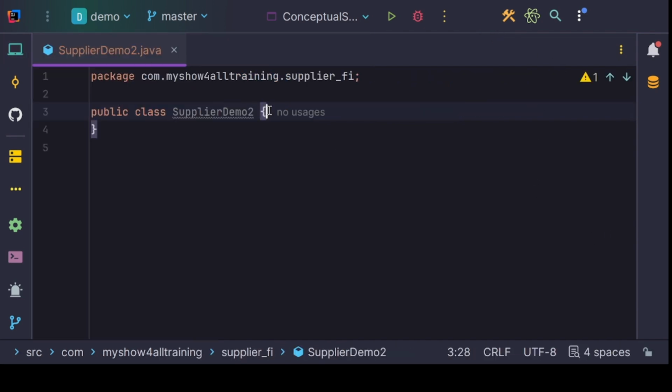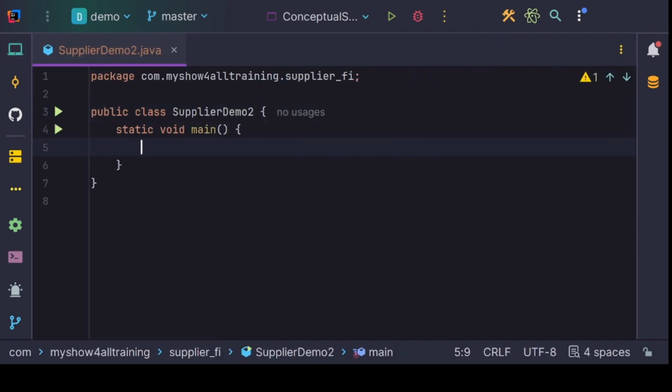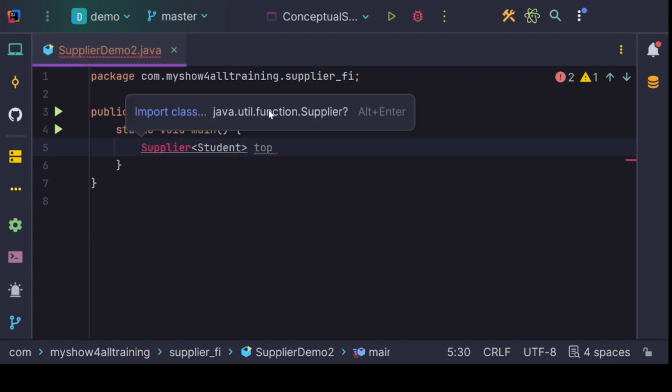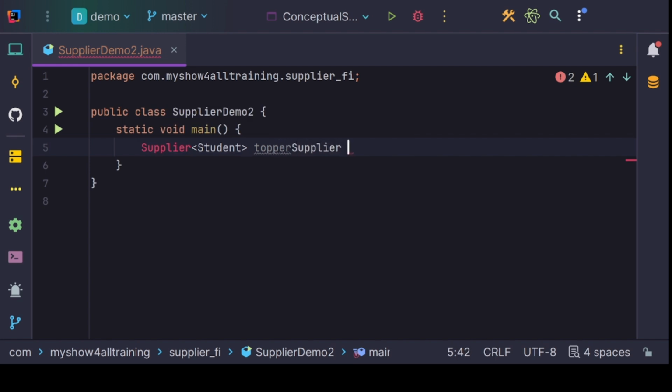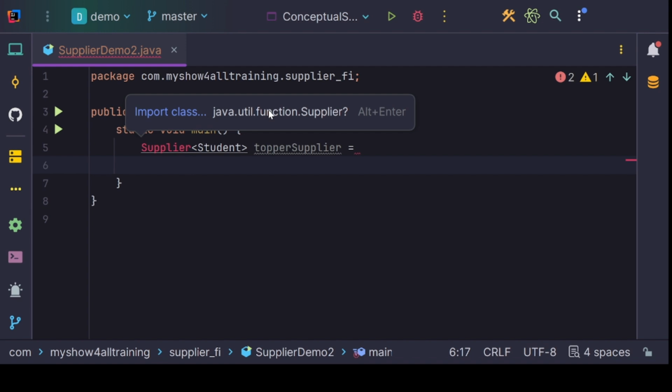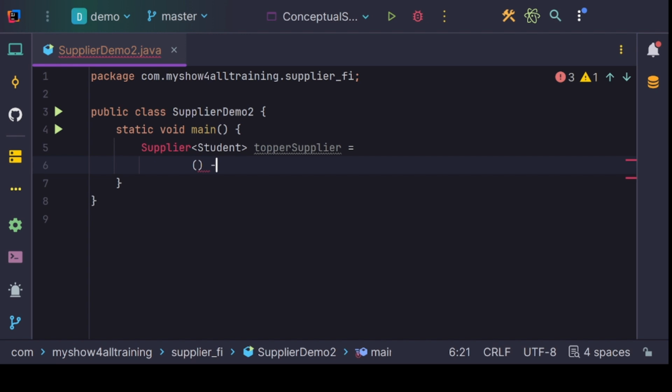After that, I'm going to create a main method. Inside the main method, I'm going to create a supplier of student, topper supplier. It doesn't take anything, and that returns new student